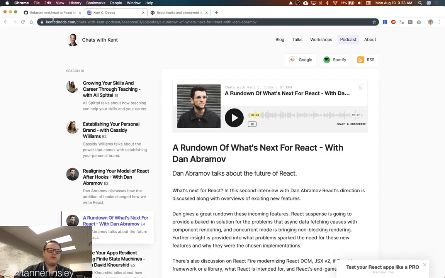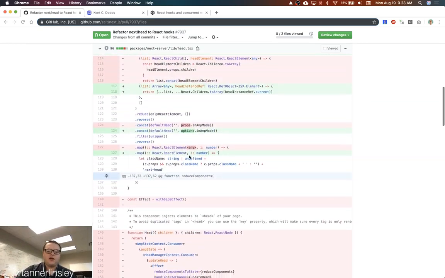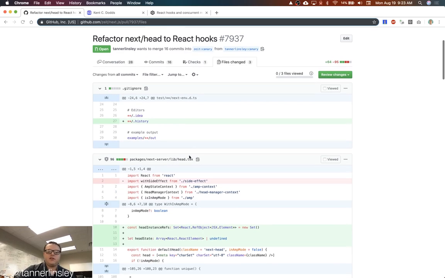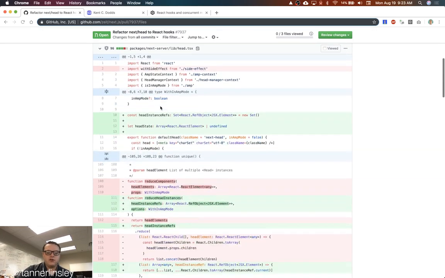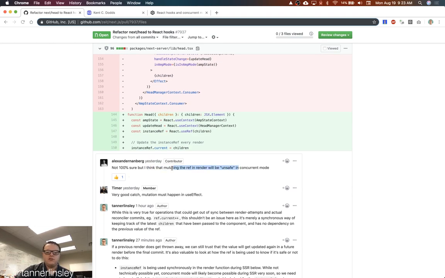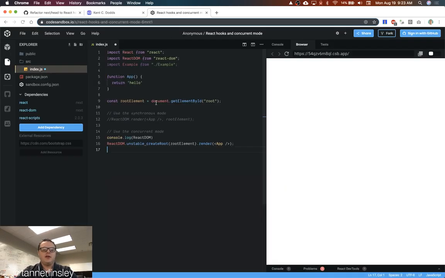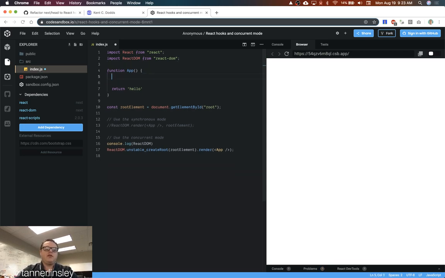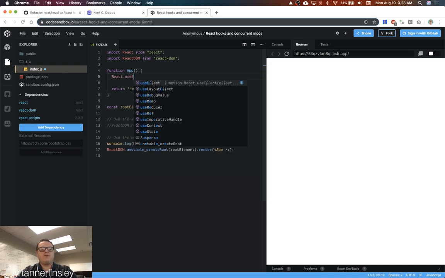Today I encountered a question in this PR I made for Next.js. I was refactoring the head component in Next.js to use hooks, and a question came up regarding using refs in concurrent mode. If you're not familiar with refs in React, let me show you what I mean really quick. There's a hook to do it actually. You can say React.useRef,